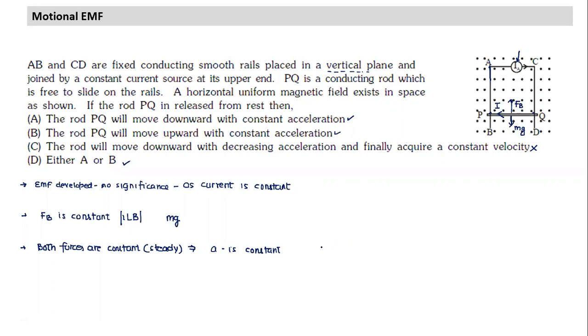Sir, what about the effect of the upper rod? The current through the AC. No, you see, this one is fixed, the AC rod. It has a magnetic field also. Yeah, but this is fixed. Even if force acts, does it affect the motion of PQ? It will not. We are only concerned about the motion of PQ. I mean, yes, sir. If PQ moves, then even the field will change, right? So a different force will act due to that AC part.